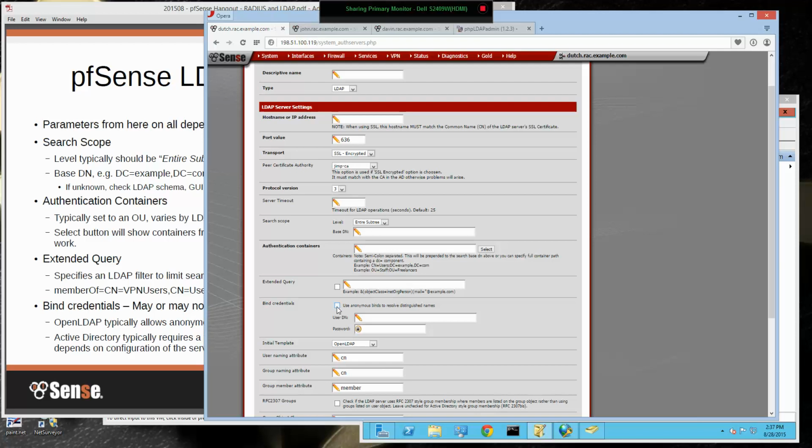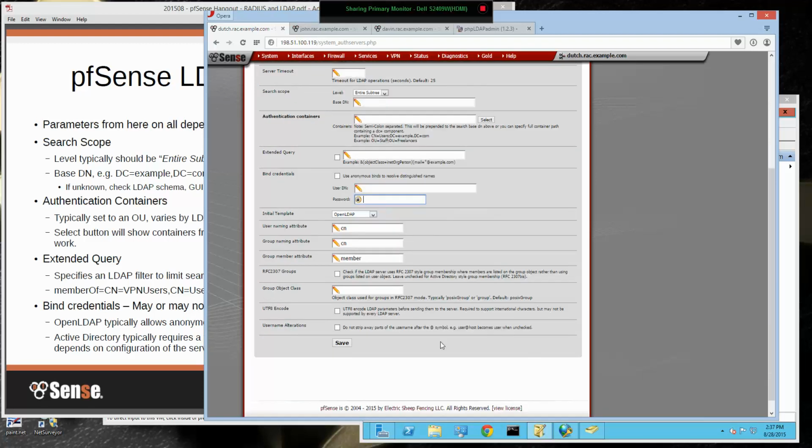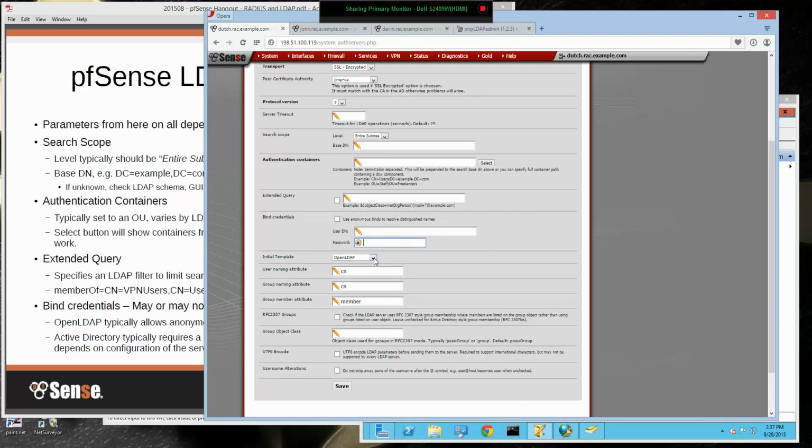Active Directory, no. You might need to make a service account or a user account with proper permissions to bind in order to do this. And if you do, you've got to fill those in. Initial template here. Again, try to match it to what you've got, either Open LDAP, Active Directory, or Novell eDirectory. In the case of Open LDAP, the default may need to change a little bit yet, because as I found when I was doing this,